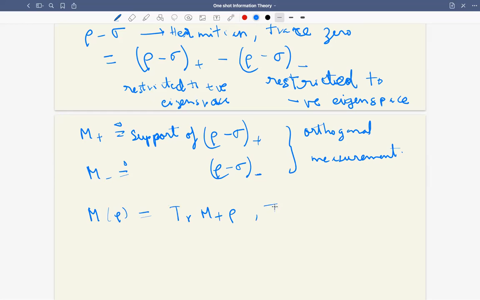Trace of m minus rho. I think this is a fancy trace of m minus rho. Okay. So now if I look at the L1 distance between the probability vectors m rho and m sigma,